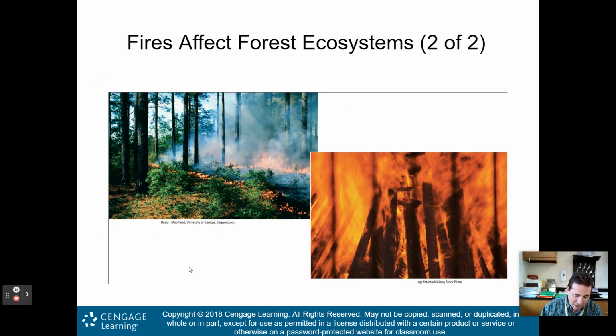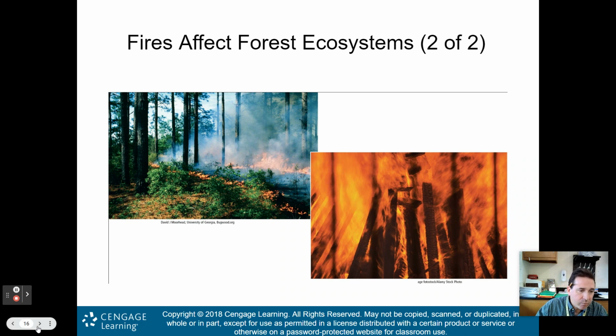So what are we looking at here? On the left is your surface fire, again, just burning the undergrowth, and on the right is obviously a crown fire, which is a whole forest up in flames. A way to protect property, even in California, they actually sometimes do surface burns that are controlled, because if you control the undergrowth and the leaf litter, again, it reduces the chance for a devastating crown fire like you see on the right here.